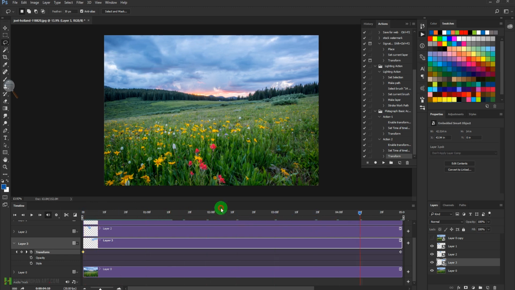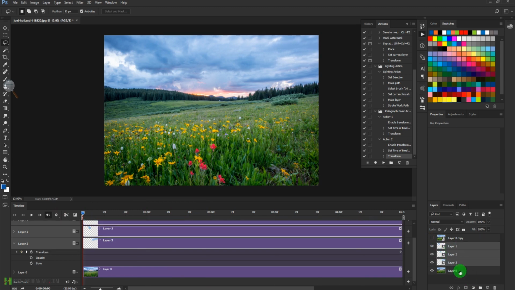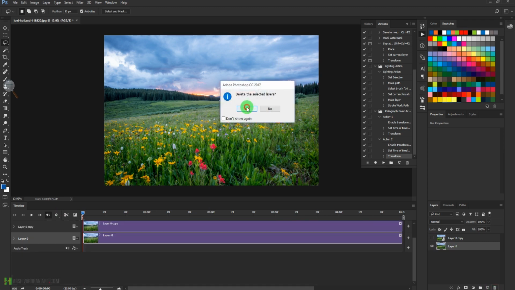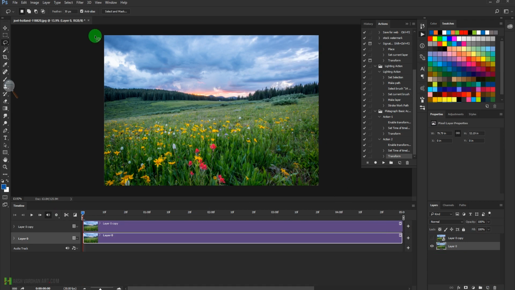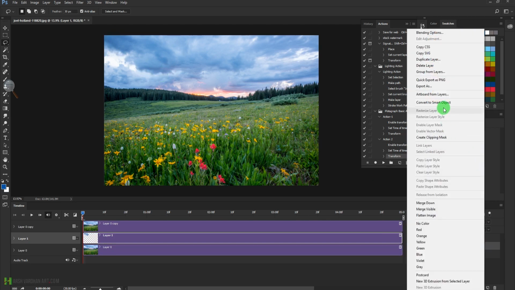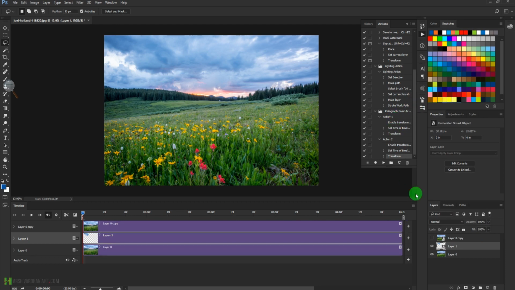All right, so our action is almost ready, so we can test this on another image. Or we can test it right on this image itself. So let me just delete all of these layers which we have created. So I'm going to delete them, and again I will make a selection of this area and press Ctrl J, Command J, right click and select convert to smart object, and then I will press action, select the action 1 and press play. And if I just press the space bar, you can see with just one click it has created this action